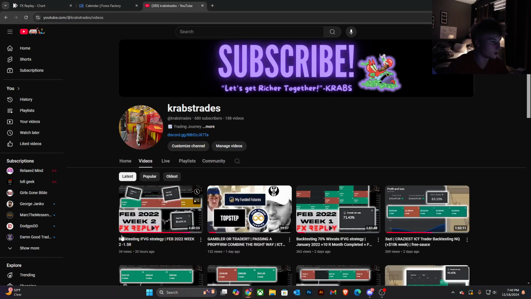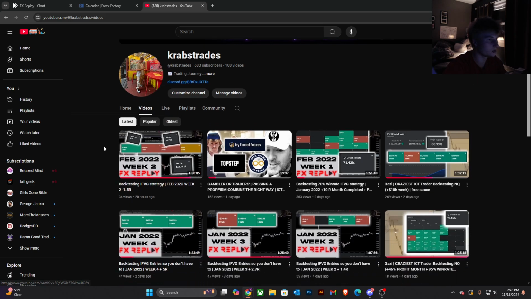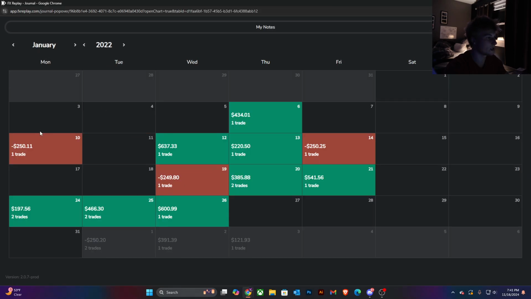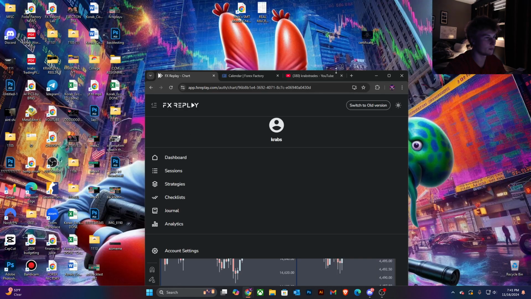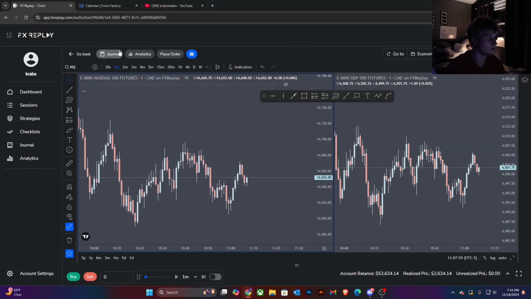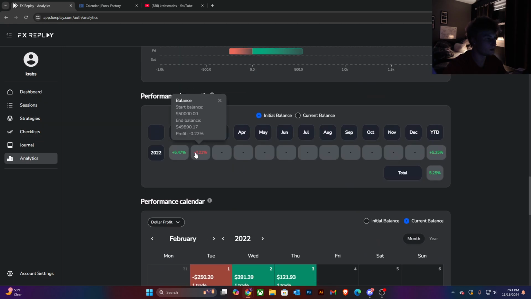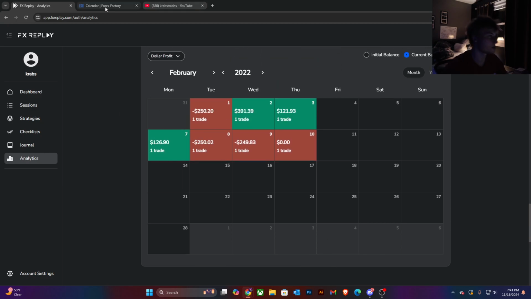Today we're on week number 3 of backtesting February 2022. So we already did a month right now. This is kind of where we're at. Here was January, great month, plus 10R. And February right now, kind of down a little bit. We're down about, I believe, maybe 1%. Let me see. I think we're down a little bit this month, 0.22%. So really nothing, down half an R. But yeah, we're gonna keep trading this, and we'll see how it goes.